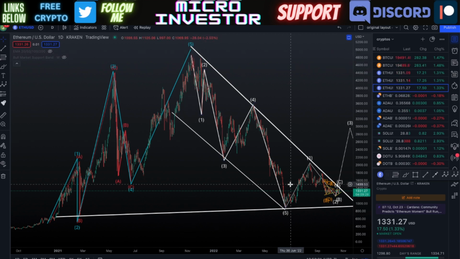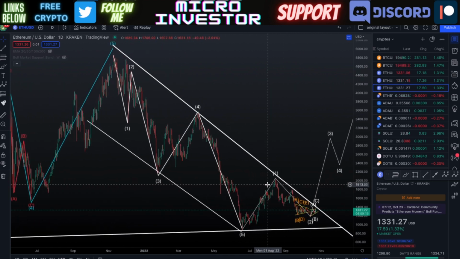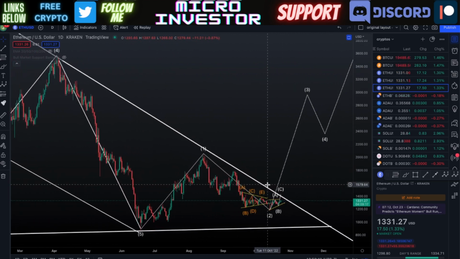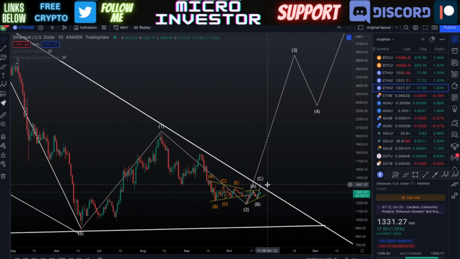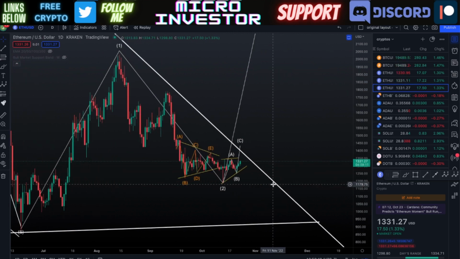We come down within 5 waves. Very similar situation that we have going on with Ethereum, just like we do with Bitcoin. So very similar Ethereum and Bitcoin in this falling wedge pattern, and they're both within a possible wave 3 right now. Bitcoin's already worked its way out of this falling wedge pattern, and we're seeing that pump with Bitcoin right now that's really helping out all the altcoins. And we're seeing that also transfer into Ethereum right now.